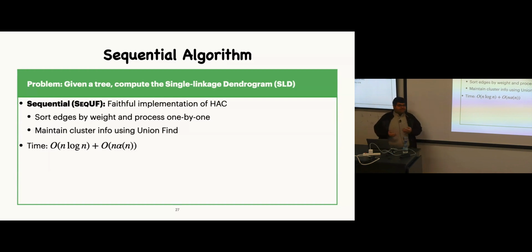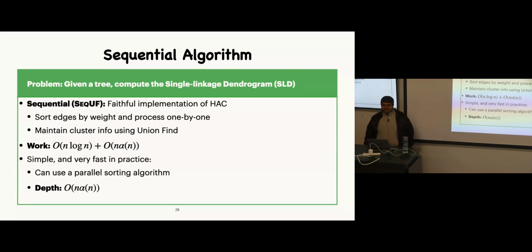The idea here being you first sort the edges by weight and process them one by one, and you can use a union find data structure to maintain the clusters and update the parent pointers, right? So the overall running time of this algorithm is basically n log n for sorting and n times alpha of n for processing the edges, where alpha is the inverse Ackermann function. And in the work depth viewpoint that I mentioned, which I'll continue from now on,